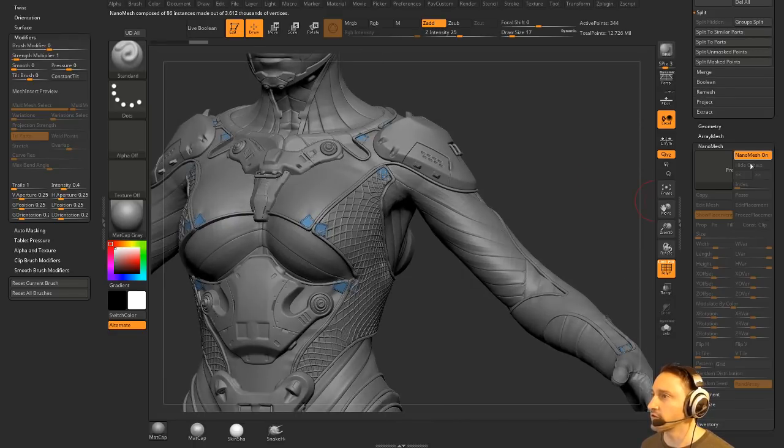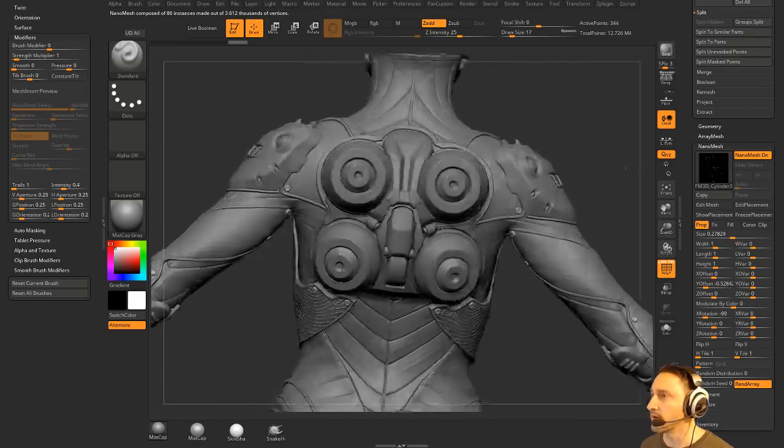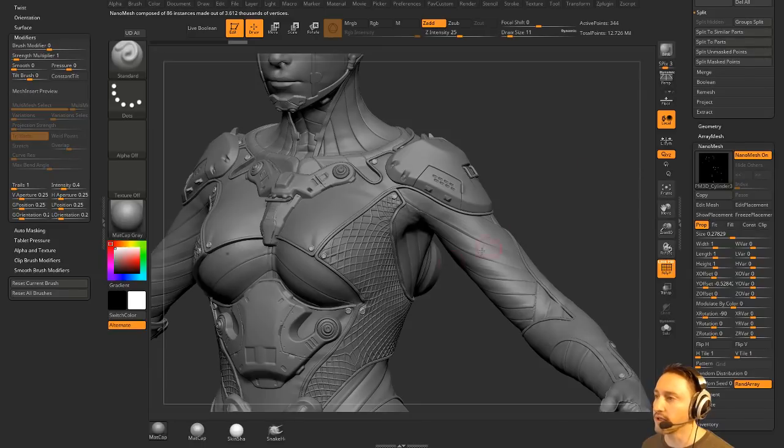And then when I turn nano mesh on, you're going to see those cards turn into instances of a bolt or a little screw, and then I turn off show placement, and then the cards disappear. And now I've got these screws all over the place. So if at any point, again, I want to swap these things out with a different mesh, all I have